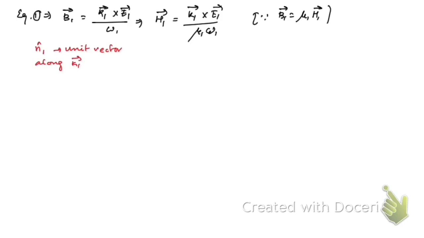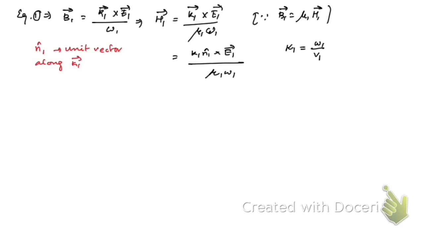We can write this way: k1 n1 cap cross E1 vector, and here mu1 omega 1. And remember one more thing, that k1 is equal to omega 1 by v1,